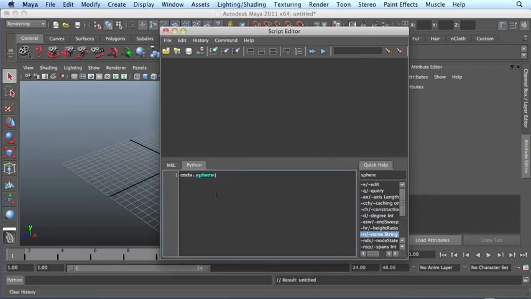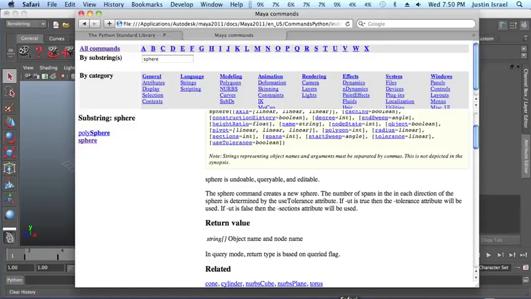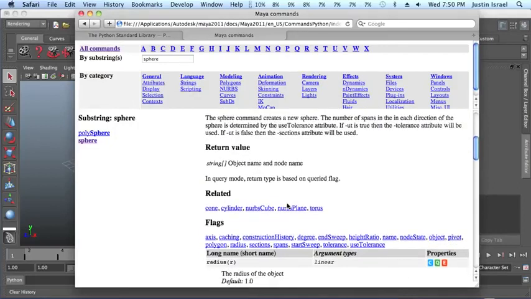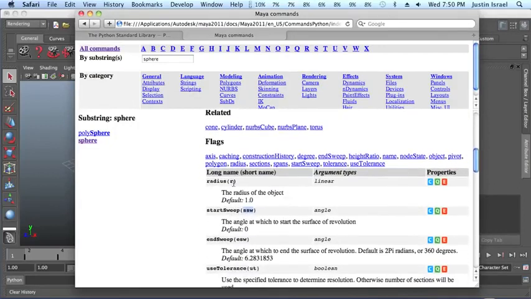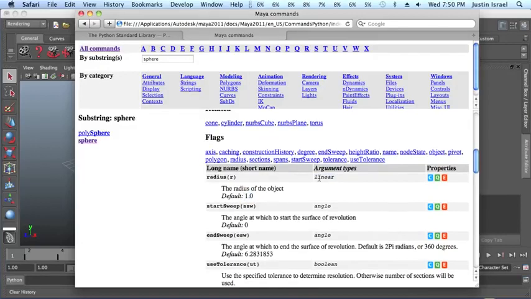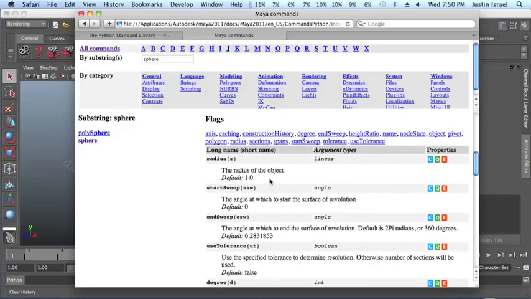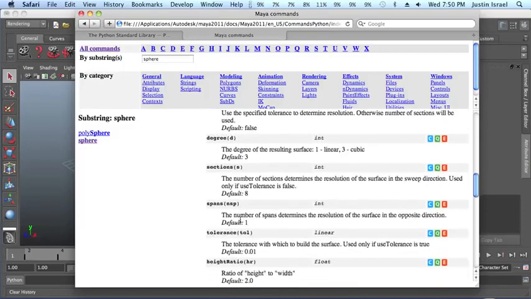Sphere, right? Now some of the options that sphere takes. I'm going to pull back up the web page again, and some of the things we can set. We can set the radius, and we can see that the radius takes, now they call it linear, but they tell you here what it means. It takes a float value. It's any decimal number. It could be any number, really. It could be int or float. And then we can also find